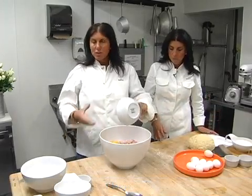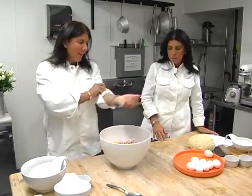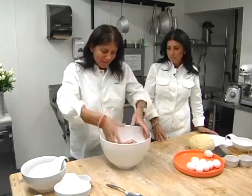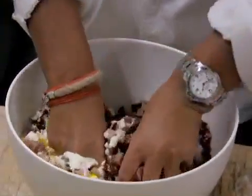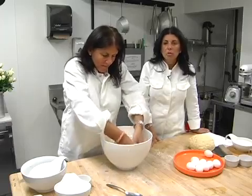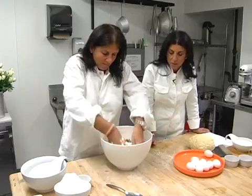And after that, if it's not moist enough, we just continue to add more eggs. So you want to really start mixing it well. You need to get down and dirty and just have fun. And everything is just mixed together and blended. You want to make sure that you really mix the meats well so that different meats are spread evenly throughout